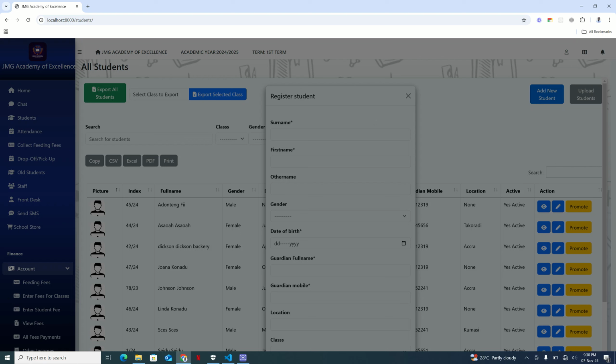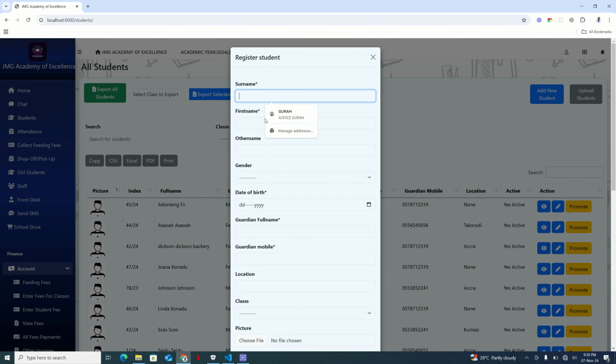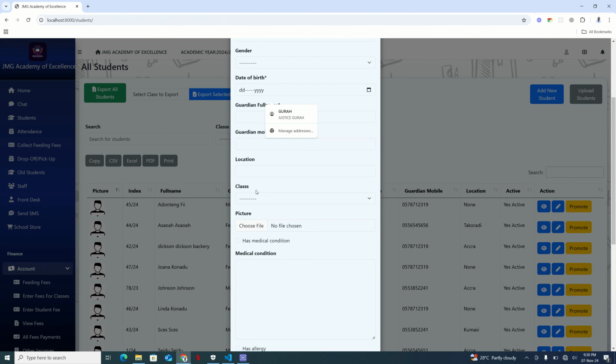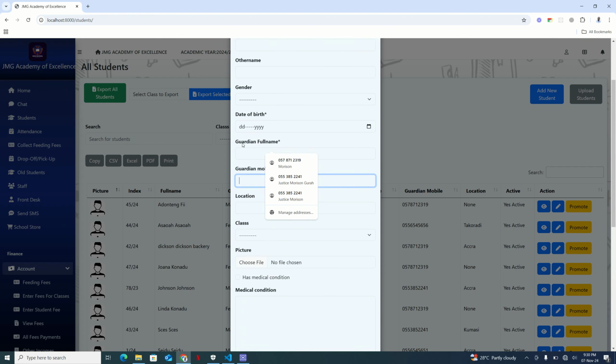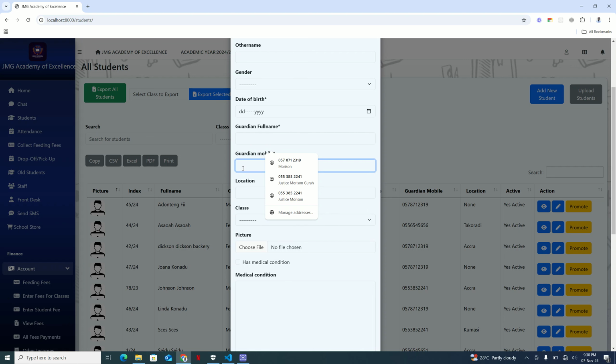Now, when you add a new student, you enter the student details here. The mobile number is very important because the system will use the mobile number to generate a username or user account for the parent. So it is very important to input the mobile number. And the mobile number, please